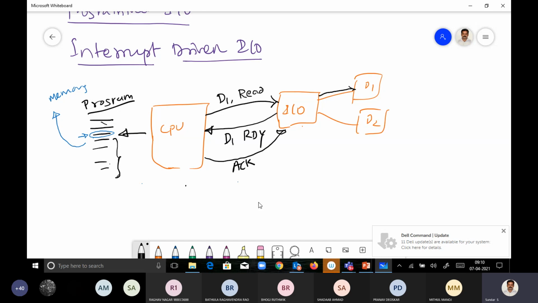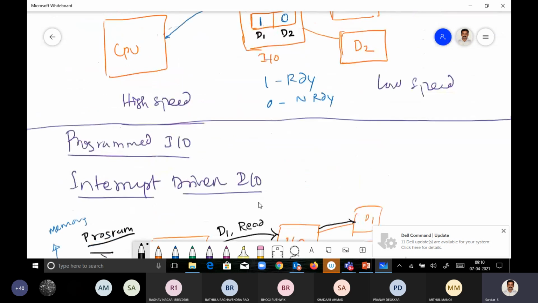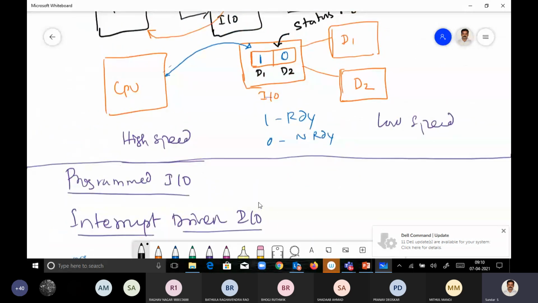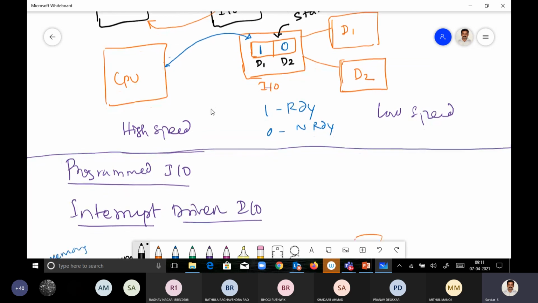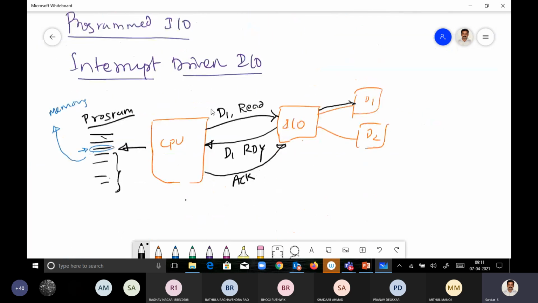So in the previous case, the IO module is not doing anything. It's only the CPU; the CPU is doing all the things, right? Here, the IO module should inform the CPU. So now the IO module has more responsibilities compared to the previous case, but to do this activity the IO module must come with some extra hardware